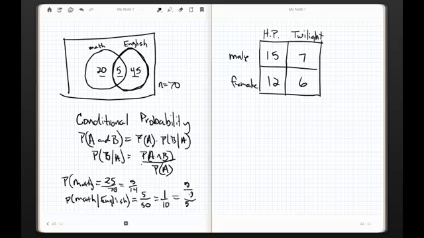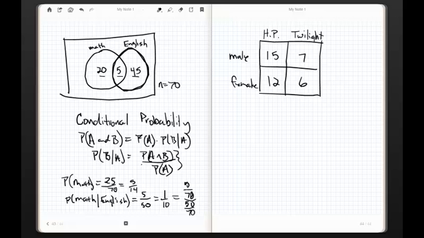This is 5/70ths divided by 50/70ths. Now, let's go over this one more time. Notice that there are no givens in this formula. It simply says find the probability that a student is taking both math and English, or A and B in